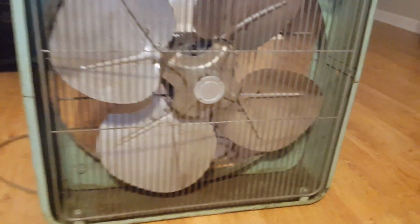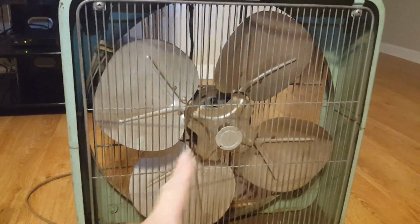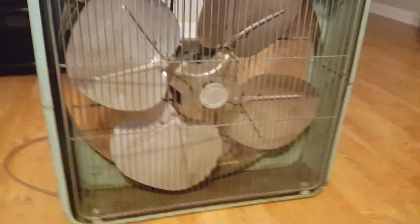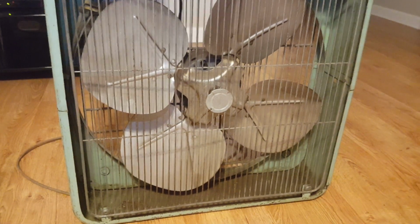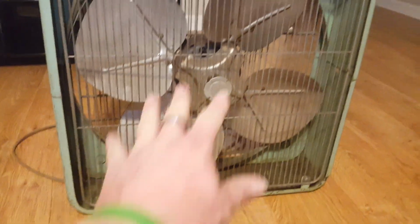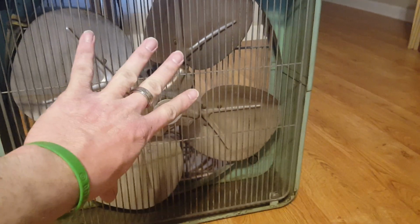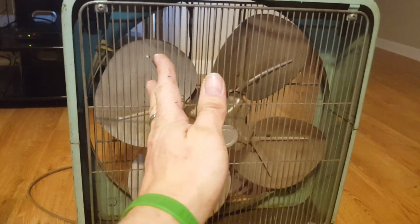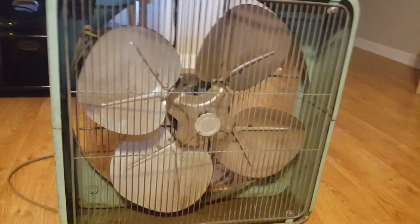Now, what's interesting is they actually made these fans in a version they called oscillating. Your redneck showing. Oscillating fan. And you may ask yourself, well, how in the world does a box fan oscillate? Well, what happens is it has these louvers or shutters that are behind the safety guard here, and one way or another, I don't know how, it's probably got a gearbox arrangement, but I guess they operate back and forth. I've never seen one of those in person. I'd like to have one, but